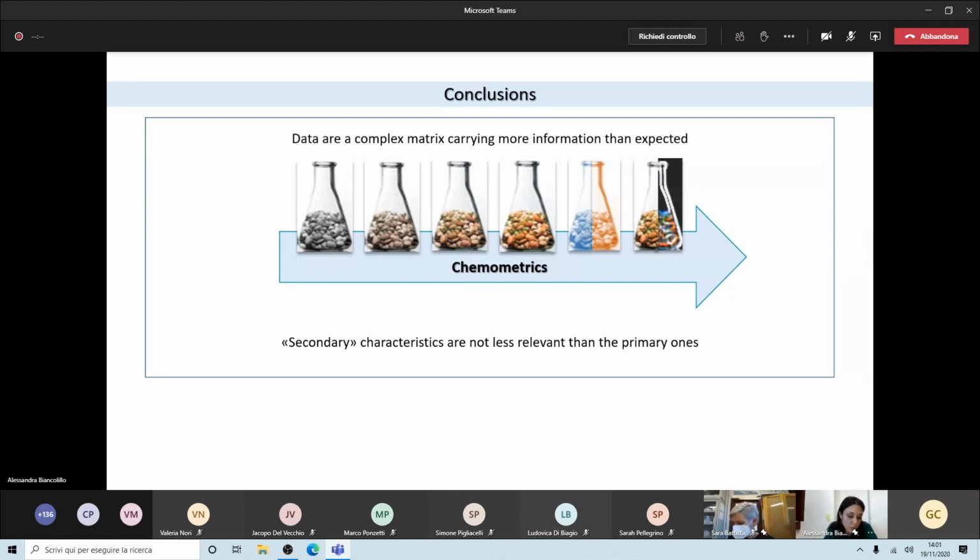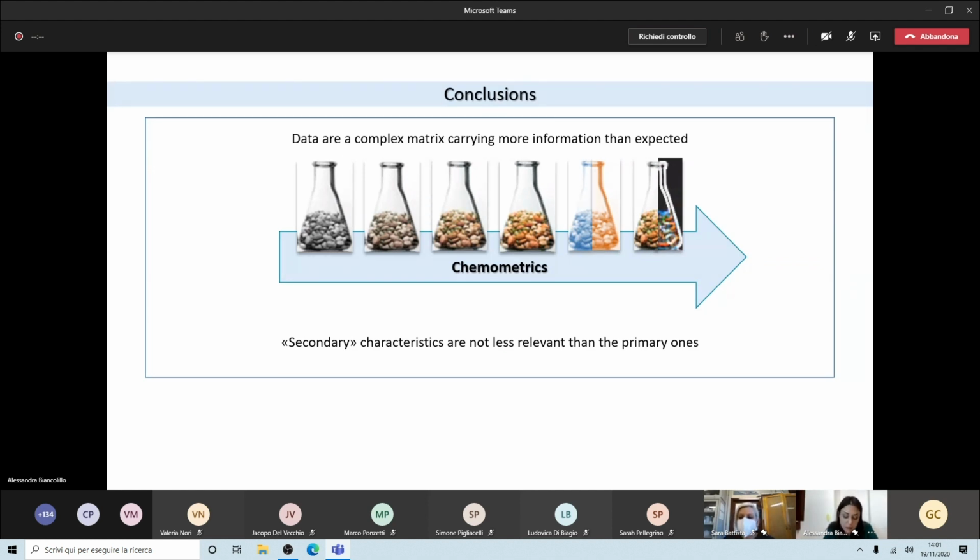Sometimes we are looking for something in data, and for this reason we are focused on something and we don't see what else is in our data. So that's why I think it's important to use data analysis methods, because otherwise we may lose some information, and this means that somehow we are vanifying all the effort we put in carrying out our experiment.